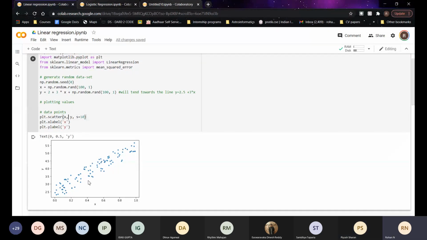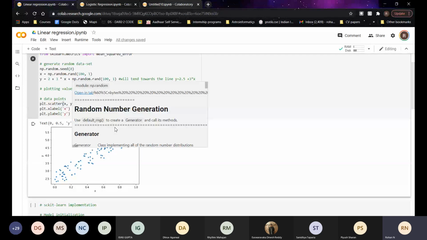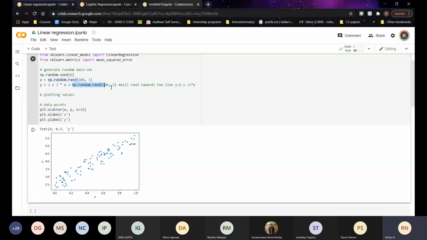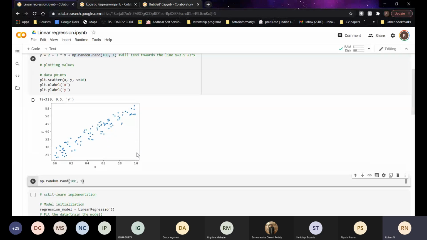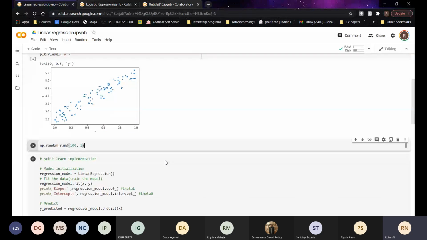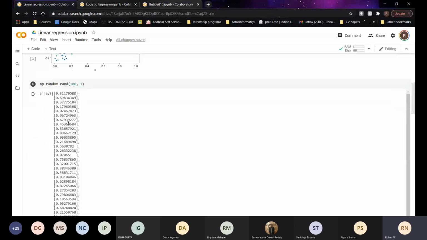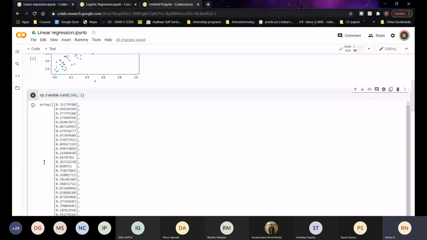If I want to check what this array looks like, I can just paste it here and run it using shift enter, and it will show you the contents of the whole entity. You can see that it has random numbers between the range of 0 and 1. It has 100 different values like that.